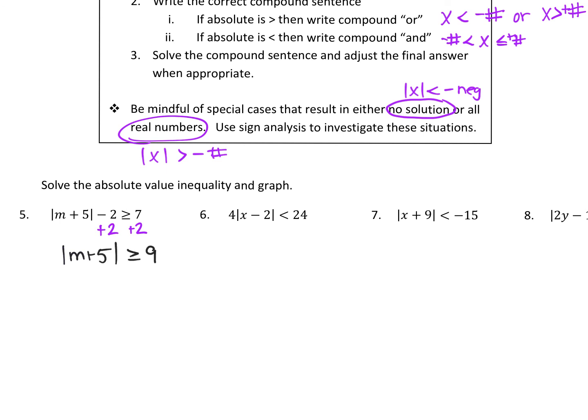Now, some of you got points taken off on the quiz because you didn't write this step. Okay, don't do too much in your head. Make sure to write down the inequality and what it's greater than or less than, and then write your compound inequality. Okay, and so my compound greater than is an or. So we're going to write m plus 5 is greater than or equal to positive 9, or